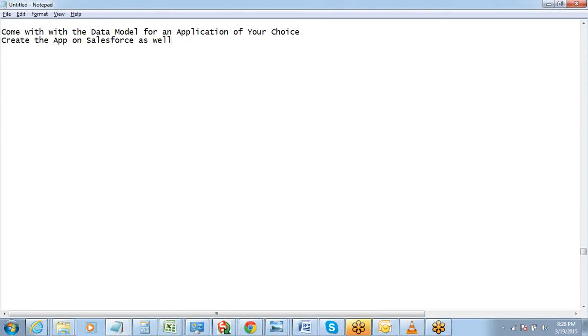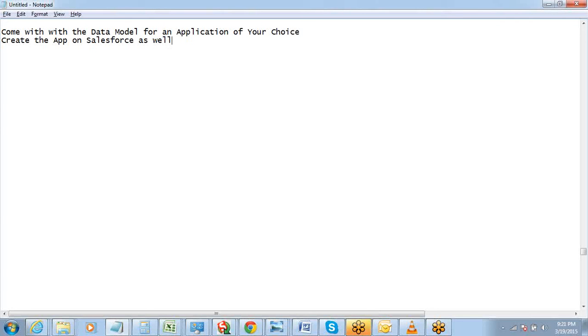We can design an app for anything, right? To give you an example, you can think of an app for any business, any kind of business. It can be an inventory management system, it can be a recruiting system. As I told you, you can be tracking all the jobs and all the employees and all the candidates. There can be an interview management system, an event management system. There can be a client management system which is already there in Salesforce, right? A property management system where a real estate consultant tries to manage his properties.